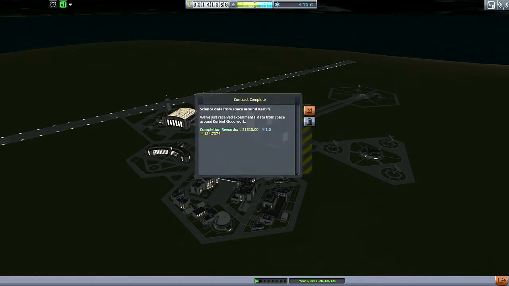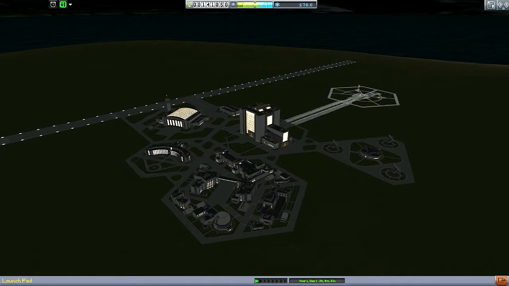And then we got our contract for another 31,000 funds, 1 science point, and 134 rep. So actually our craft, I think, was...